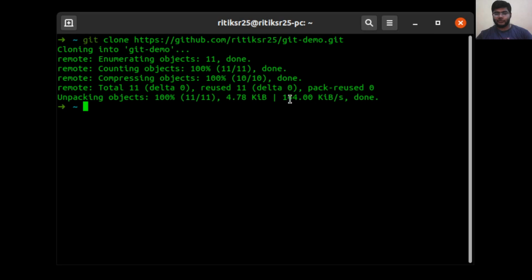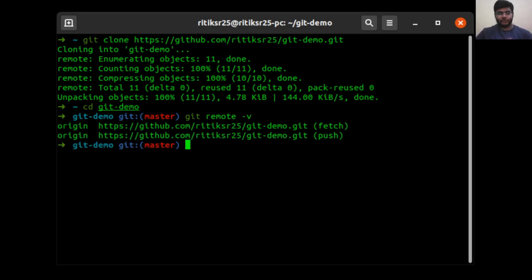We have cloned our origin repository. Let's move inside this. If we see here the remote, since we have cloned, we will already find that the origin remote is already added here. So we need to add our upstream remote also here, so that if we want to pull changes from our upstream, we can use this upstream alias.